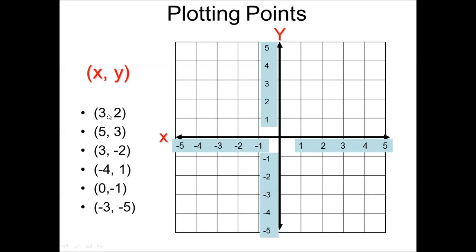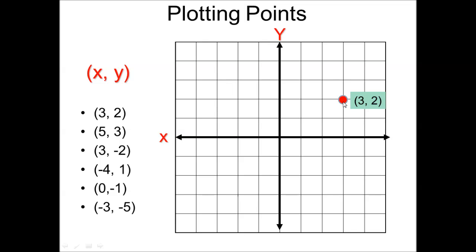So now if I want to start plotting these points, like the point (3, 2), we would need to count our way over 1, 2, 3, because we have to move our x point first, and then going up 2. And so our first point would come right here, and that's point (3, 2). Then we would have the point (5, 3), where we go over 5 and up 3. And then the point (3, -2). So we have to go to the right 3 spots again, but now we're negative 2,